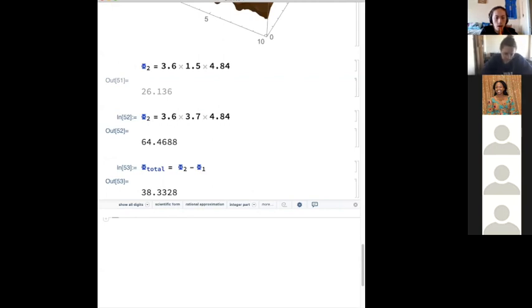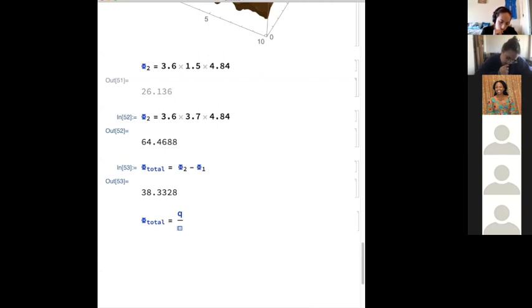And I know that phi total is equal to Q divided by epsilon naught. So if I want to get Q, then I just say Q is equal to